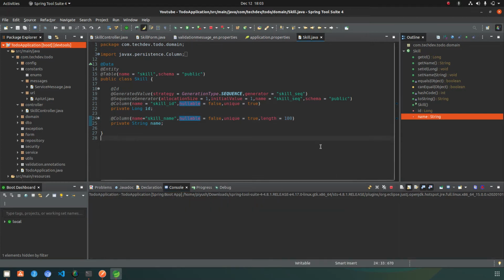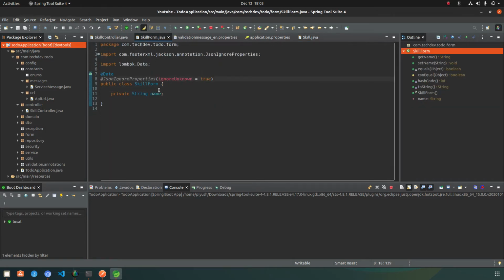To eliminate this kind of problem, we need to validate our request body, that is the skill form. There are two ways. Generally, you validate the skill form in the service layer by checking the nullability and empty string, so that it returns a request saying the name is not provided, or whatever message you want to give.